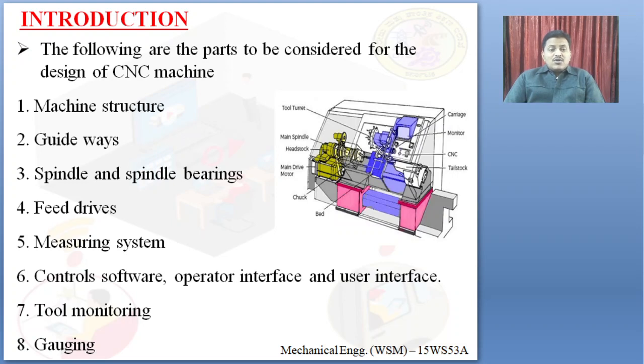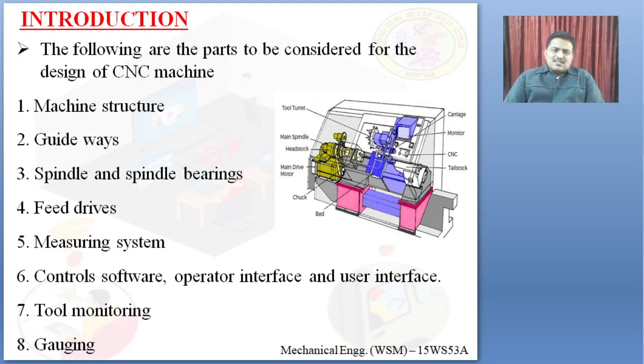Next are the rotating parts, that is the spindle and spindle bearings, to ensure smooth functioning without vibrations. Vibrations cannot be eliminated, so we aim for minimum vibrations, for smooth functioning without affecting the dimensional accuracy of a component. For that, the bearing should be perfect. It may be a roller bearing, taper bearing, frictional bearing or anti-frictional bearing, depending upon the requirement.